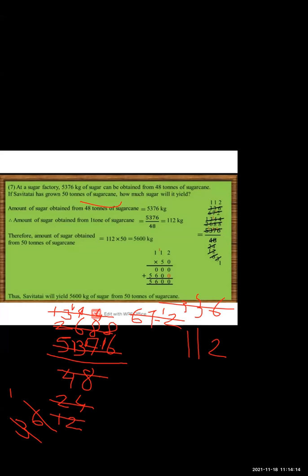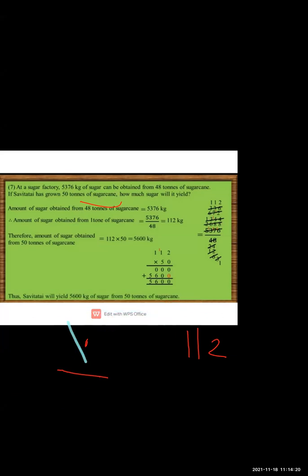So here we got the answer 112. So the sugar obtained from 1 ton of sugar cane is 112 kg. Okay, so therefore the amount of sugar obtained from 50 tons. Now they have asked for 50 tons of sugar cane. So here we will multiply